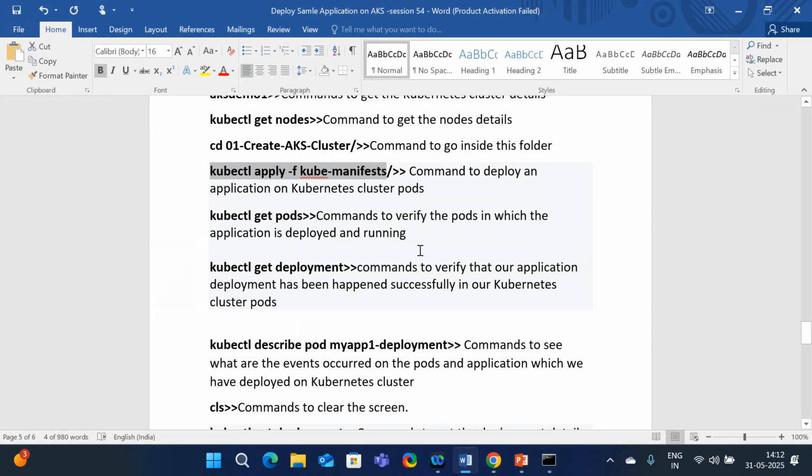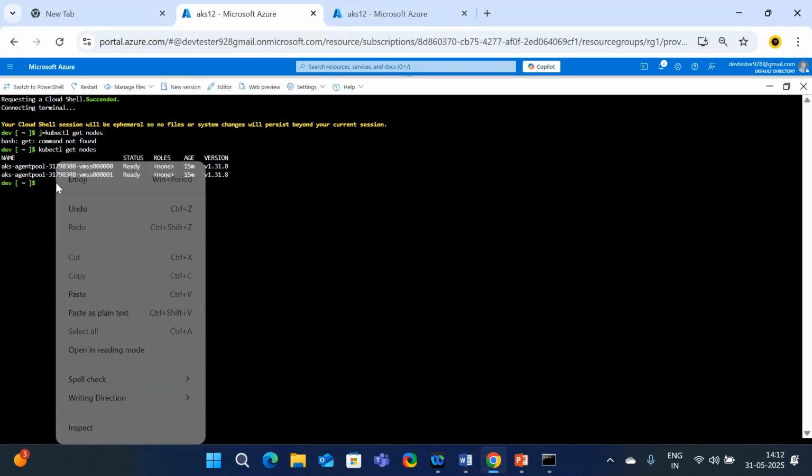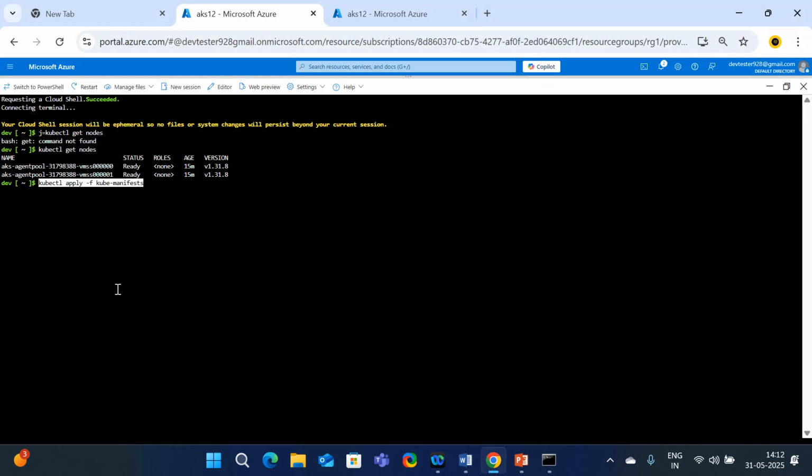So the command which I want to execute is kubectl apply -f kube manifests. Let me check. The path kube-manifests does not exist, which means here I just need to mention the manifest file name. So here what I will do,